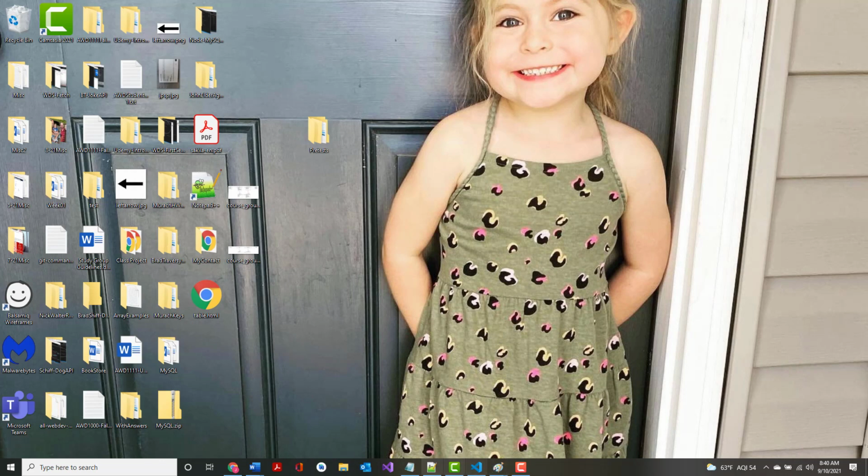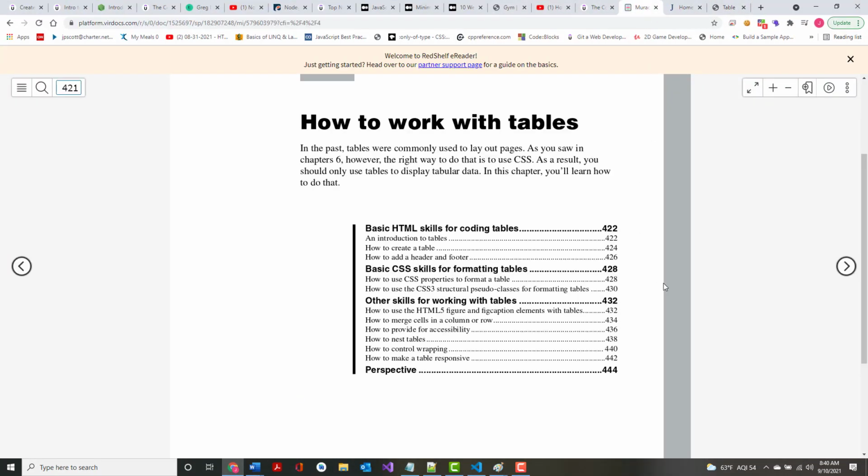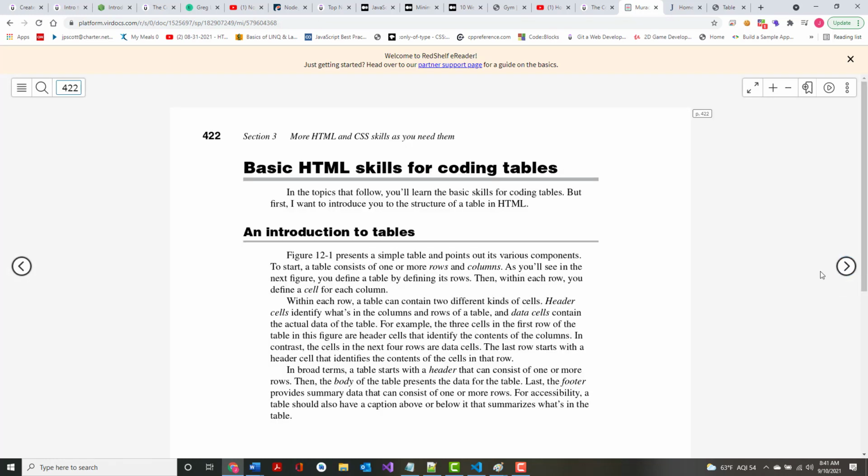All right, so if we move on here, we will right now. You'll notice it's like 20 pages long. It says in the past, tables were commonly used to lay out pages. It's not done like that anymore. You use CSS. Tables should be used for tabular data, period. All right, so the introduction,